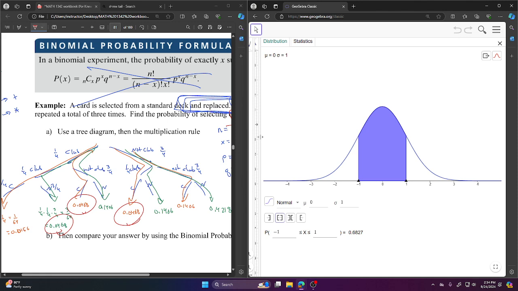Spreadsheet, that hashtag spreadsheet thing. You just get rid of that part and just